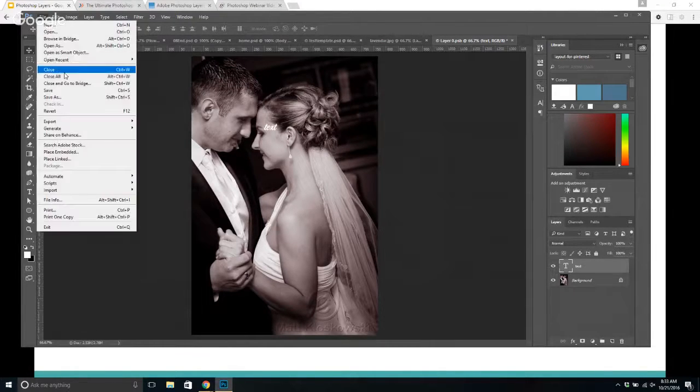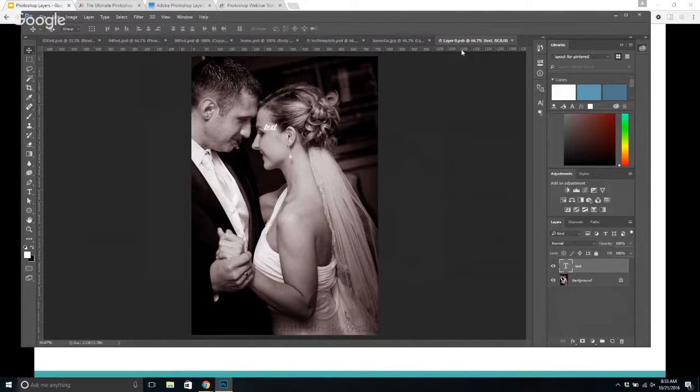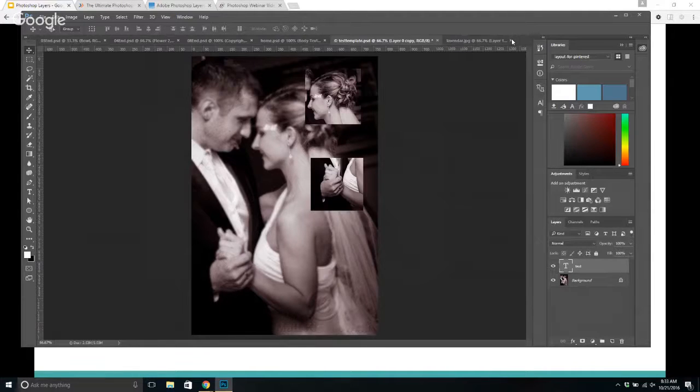I'm going to save this. And then close that. It jumps me back to where I had double clicked on that smart object layer, and notice the text now shows up here. So this image is actually a separate image, and it's using a mask to only show that part of the image. So here's another smart object,